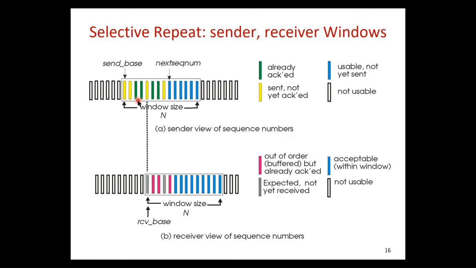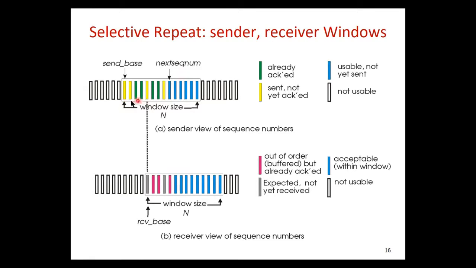Because it's an individual ACK, ACK of 7 simply means that packet 7 has been received, but packet 5 has not been ACKed, because the ACK is not cumulative. So that's why we have three colors, because as long as packet 5 is not ACKed,